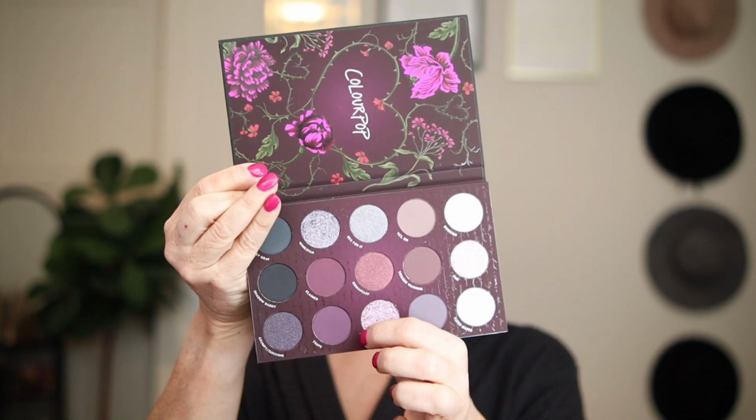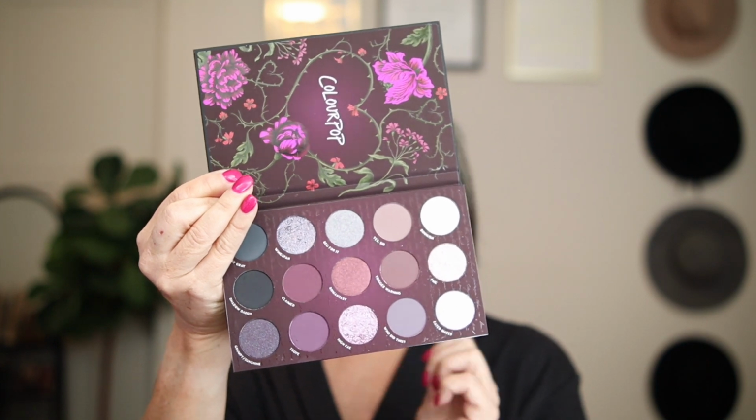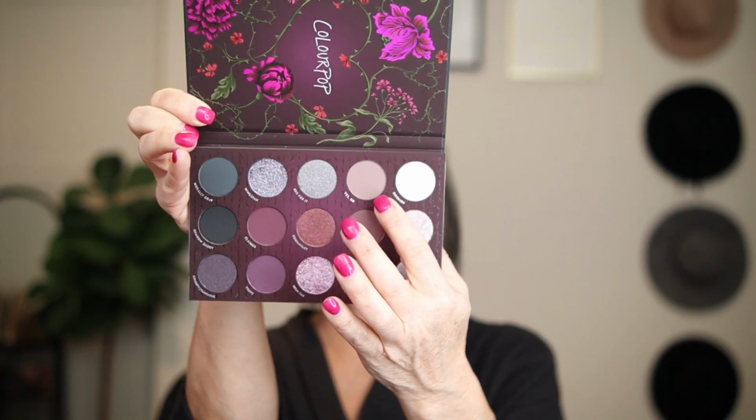I know I liked the colors online. So let's see today. We'll stick with the kind of purple colors, which you guys know is my favorite. And then maybe in a few daily stories, I'll go a little more smoky and a little more neutral. But let's stick in this 3 color range here and play there. All right, but I'm going to start off with Yes Sir, which is this one up here in my brow